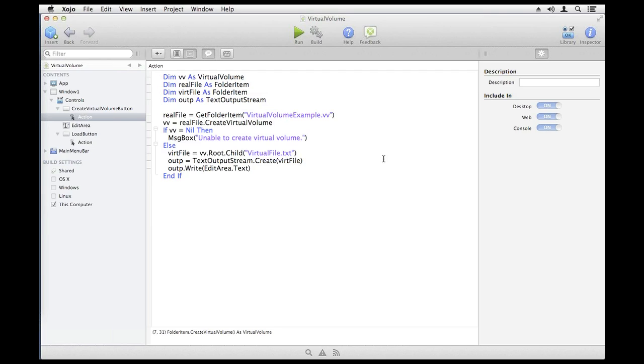Now, it doesn't work too differently than working with a file system in general. The big thing is you use the virtual volume class, and you create essentially a virtual volume file on the disk. And then you can use this just as you would any other folder item to start creating files on there and writing stuff to it. So this particular code here is creating a simple example, and it's just writing a single file to it, called virtualfile.txt, and it's going to put in that file whatever we happen to type into the edit area and save that into the virtual volume. So if we run that here,